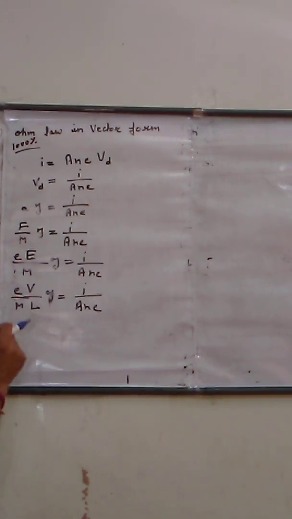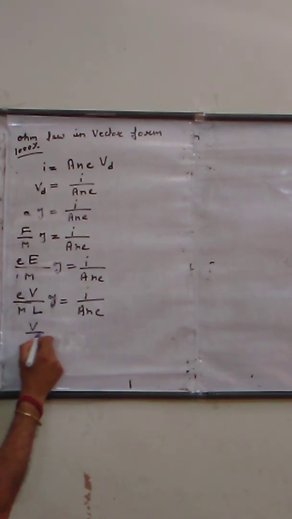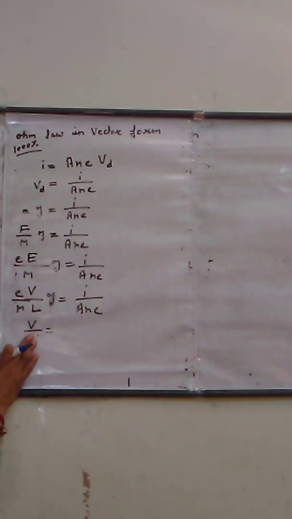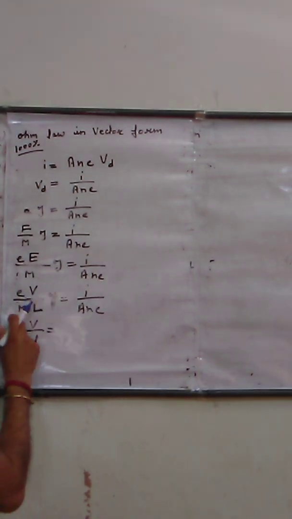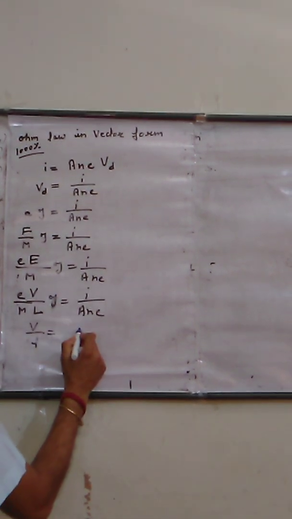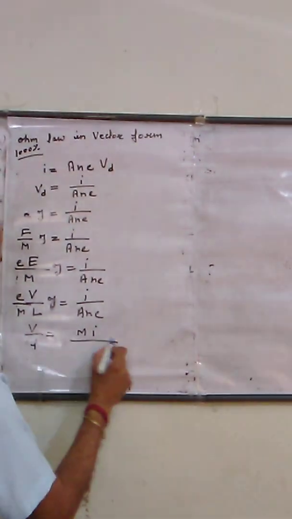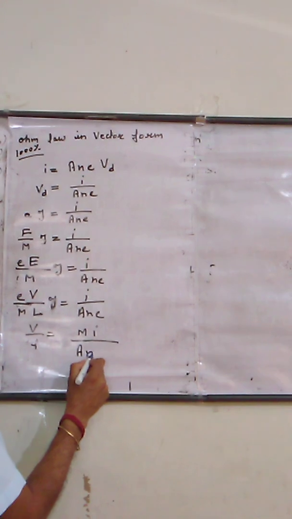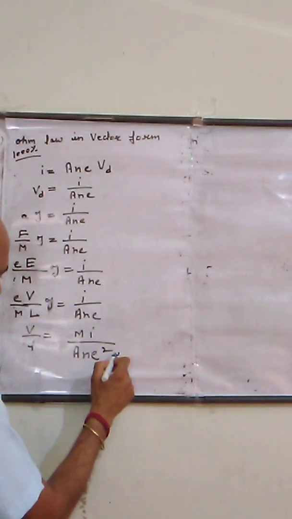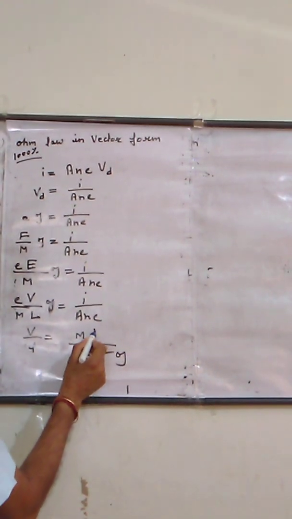Now just write it in another way. Just make V upon L the subject. V upon L equals, shift this m to this side, so m, I is already there, and A N e square. Okay, and this tau is also there. So this I upon A,